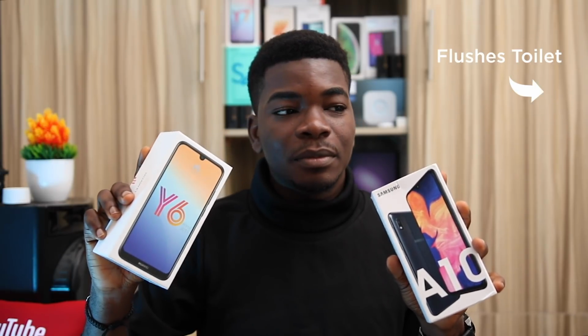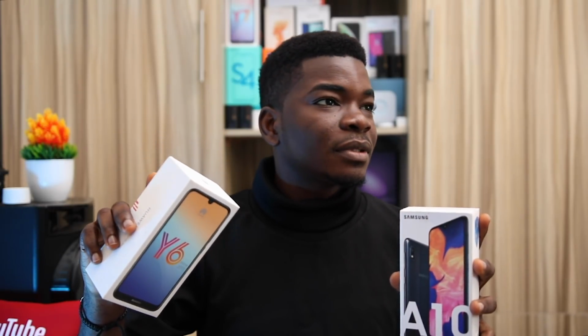It's out here, and this is my comparison of the Samsung Galaxy A10 and the Huawei Y6 Prime. Now, these devices are very similar, and are also very...